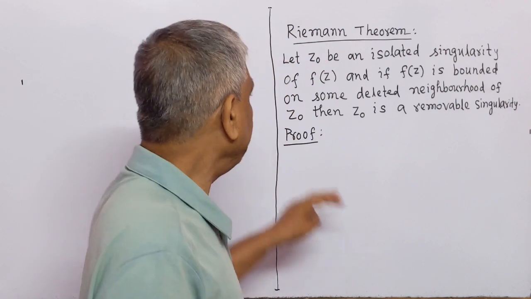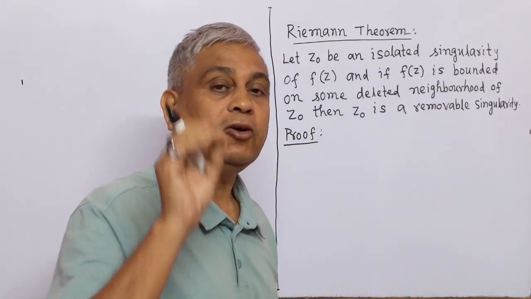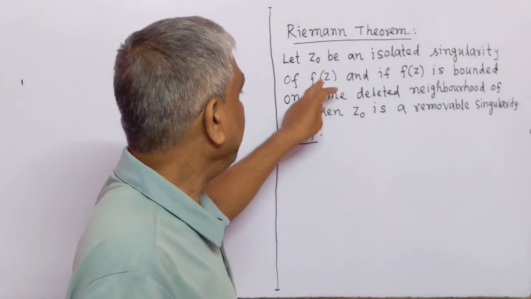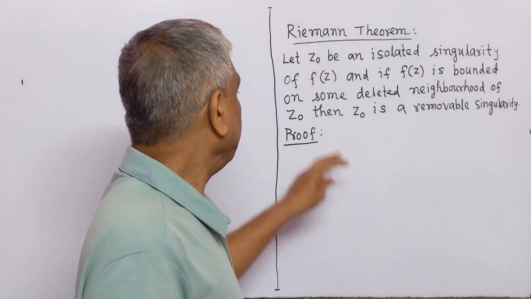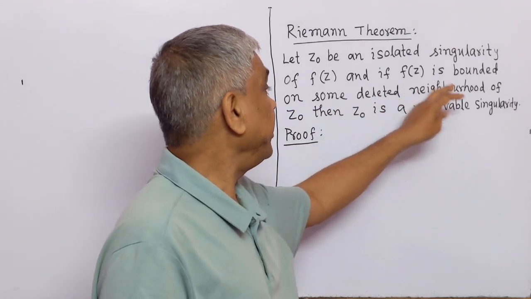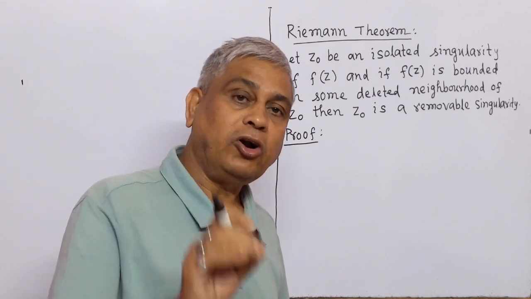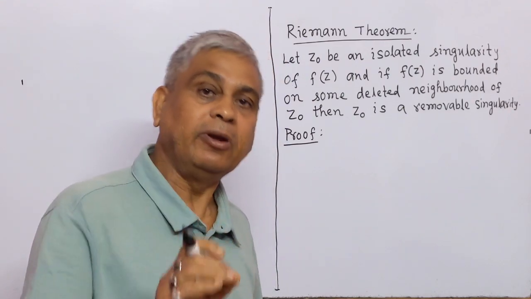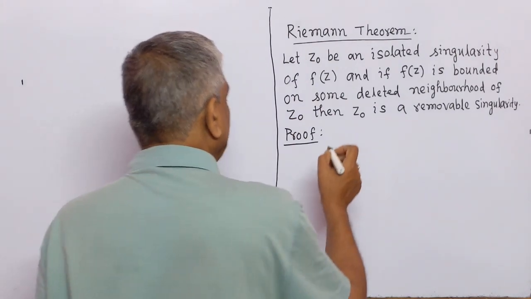Statement of the theorem is: let z naught be an isolated singularity of function f(z), and if f(z) is bounded on some deleted neighborhood of z naught, then z naught is a removable singularity. Now we prove this. Given that